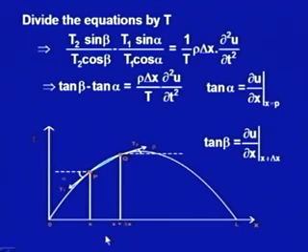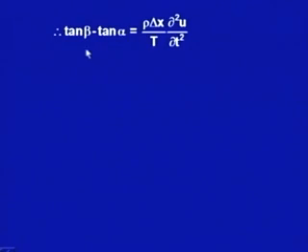This transforms the equation into del u over del x at x plus delta x minus del u over del x at x. Now, as Q approaches P, delta x approaches 0. This is an important part which I will use in the next slide. So the equation tan beta minus tan alpha equals rho del x over T times del 2 u over del t 2